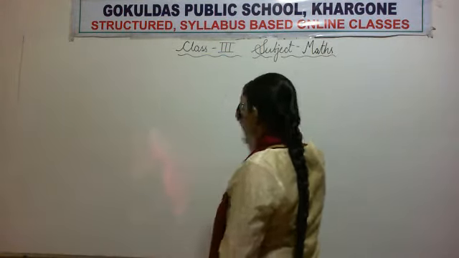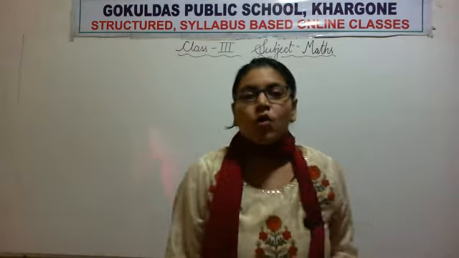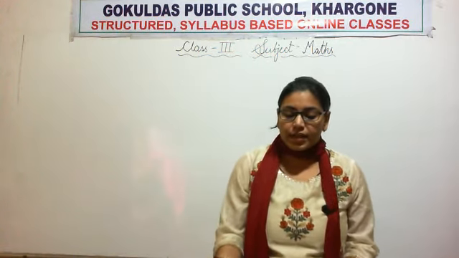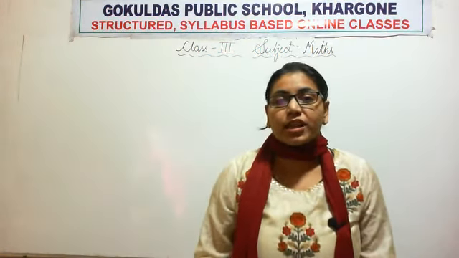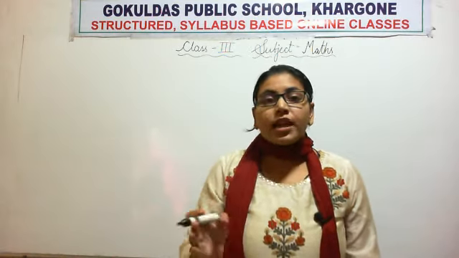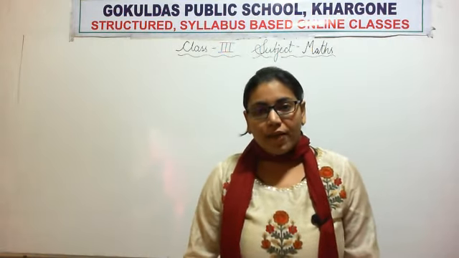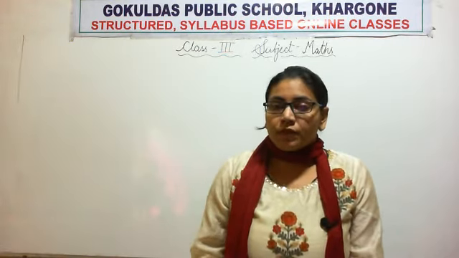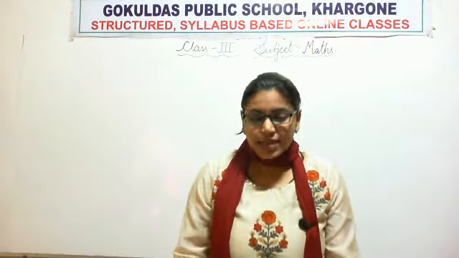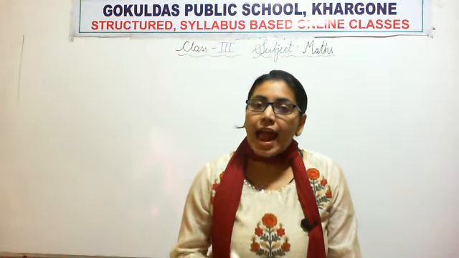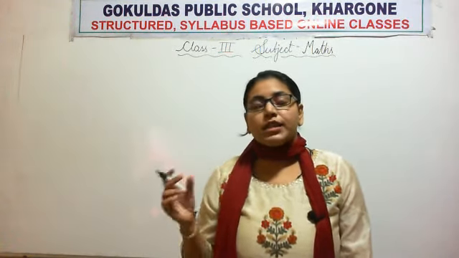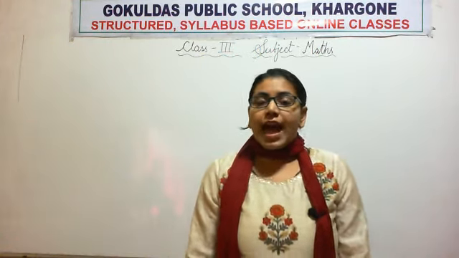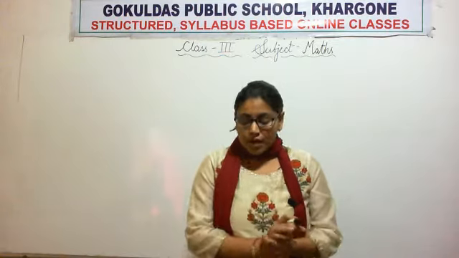The result will always be same. Okay. Now, this is how we can do round off. Now, what is estimation? Estimation in addition and subtraction. If we subtract the rounded off numbers, then whatever result we will get, we will call as estimated difference. And if we add rounded off numbers, then whatever result we will get, we will call it as estimated sum. Understood, dear students?